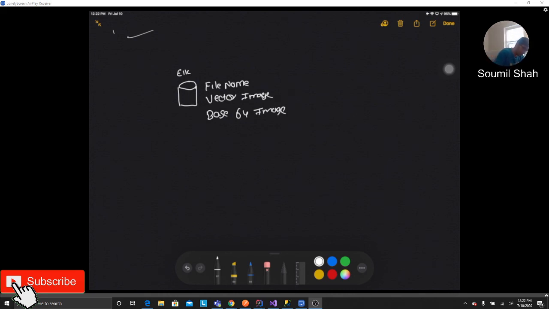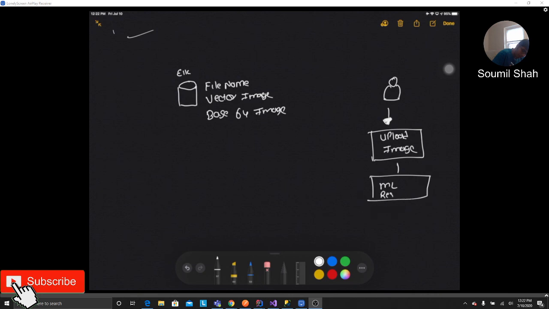Now when a user uploads an image, we apply machine learning algorithms, for example ResNet or MobileNet, or Google's pre-trained architecture.